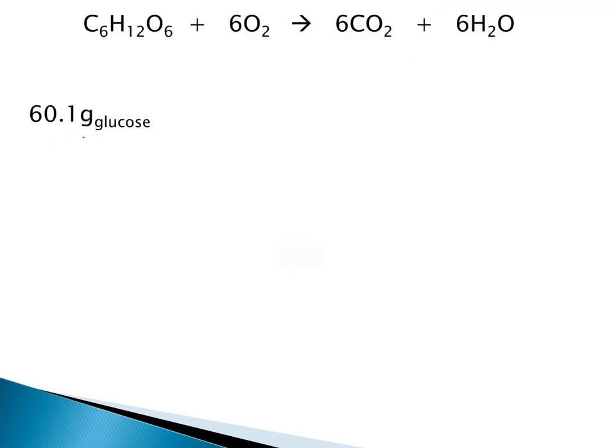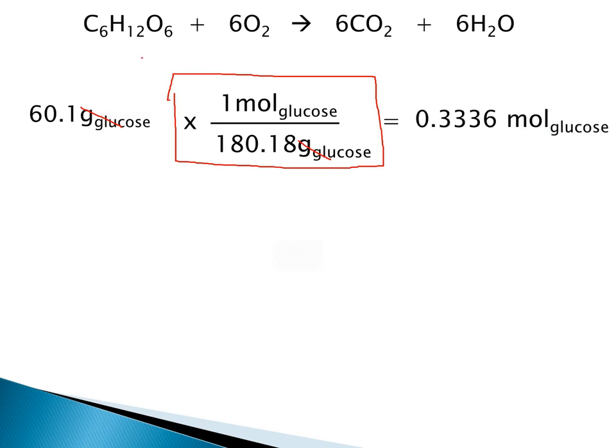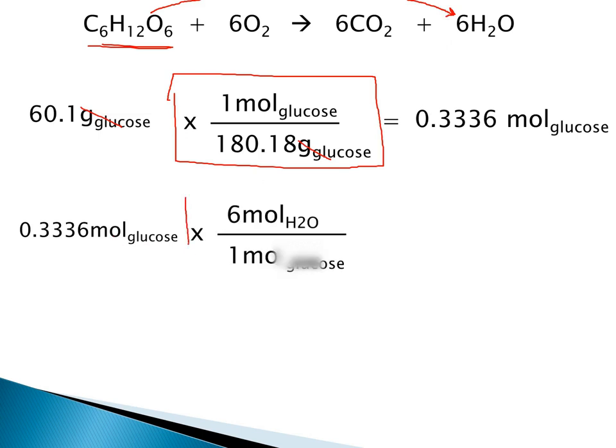So we start off with our mass of glucose, and we use a conversion factor, taking our molar mass and using it as a conversion factor. The molar mass of glucose should be 180.18 approximately. This will cancel out units of mass and will give us an answer in moles of glucose. So now that we have moles of glucose, we can convert that into moles of water using the molar ratio from the equation. So we'll take our 0.3336 moles of glucose,